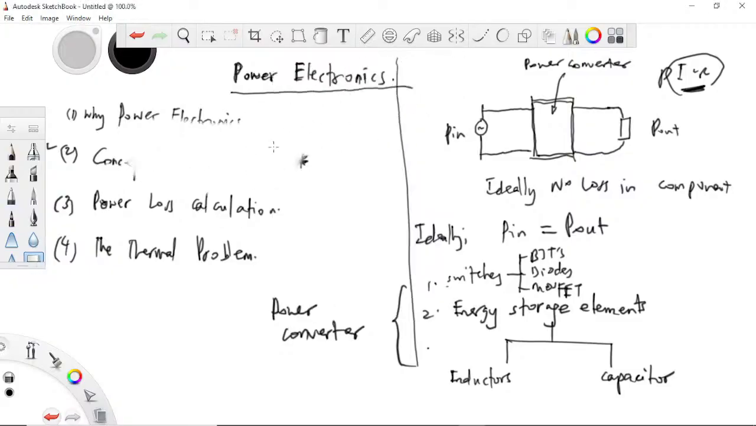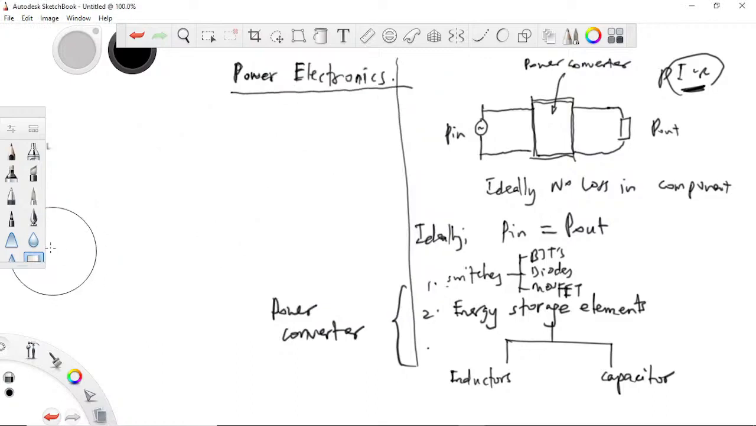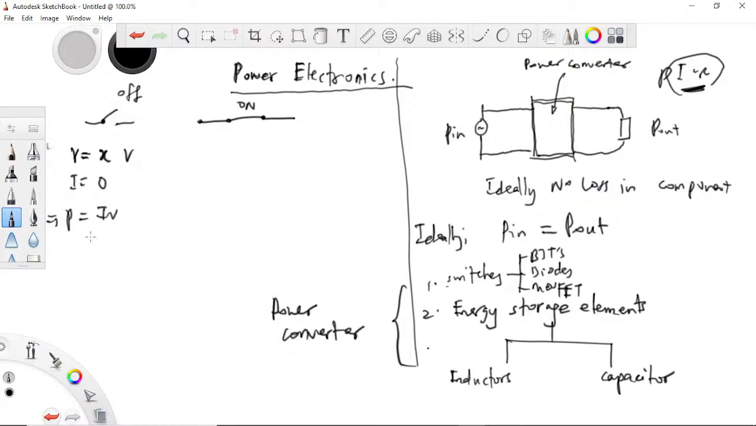So we all know this is how a switch looks. This is a switch in the off state and a switch in the on state. When the switch is in the off state, no current flows through it, and a certain voltage of any magnitude appears across it, based on the external circuit, the open circuit voltage. This implies that the power given by IV will be zero. So in the off state,